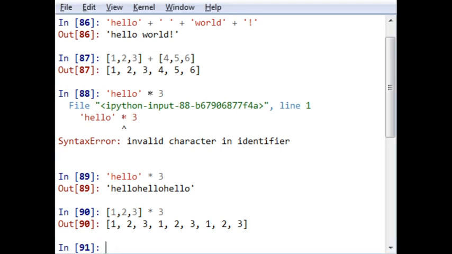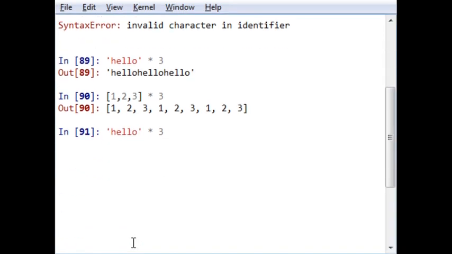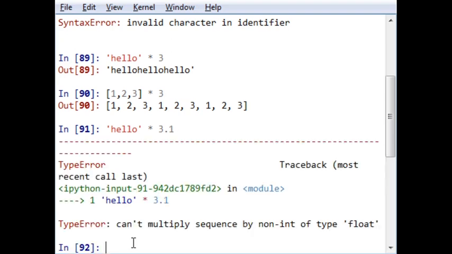But in the above line, if I write it with a float number, will it give me an output or will it generate an error? Of course it will generate an error. Why? Because it is a non-integer type. When you work with strings, multiplication works only with an integer type. Meaning if you want to concatenate a string, you should always use an integer type. You should avoid float type multiplication.